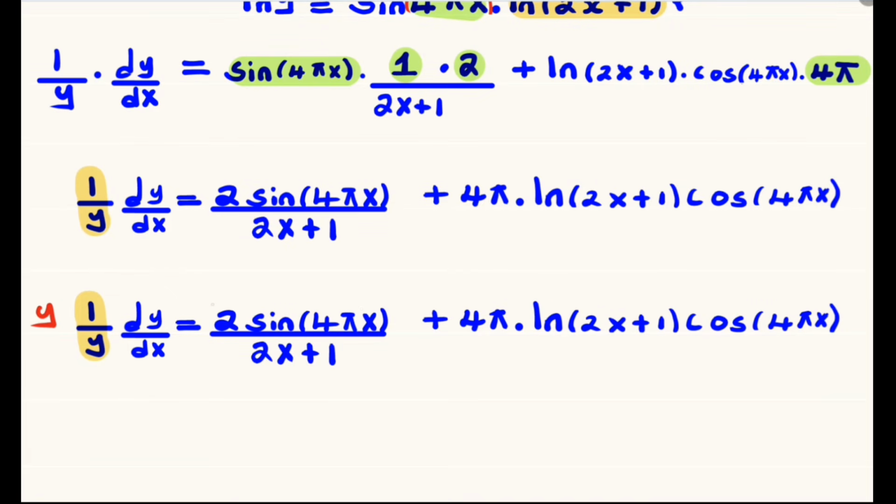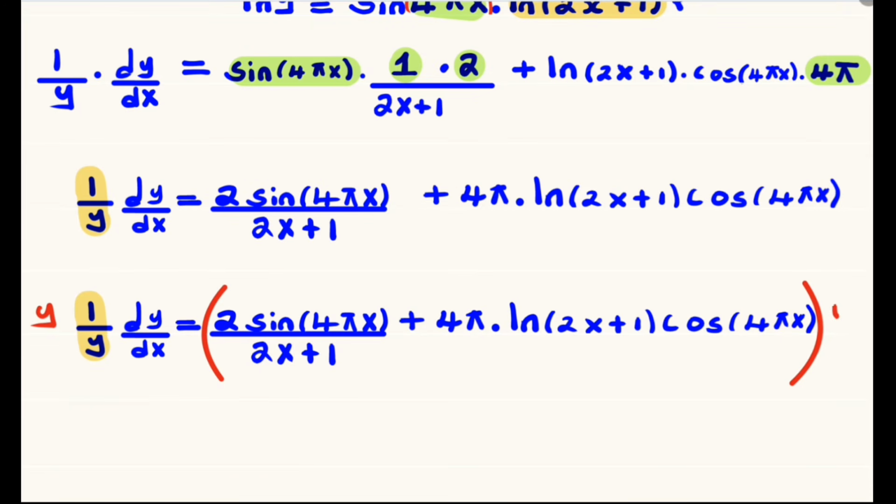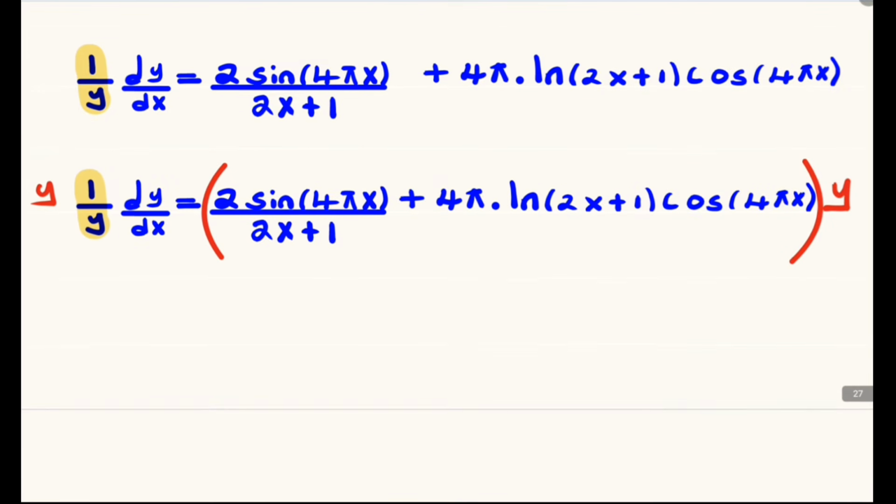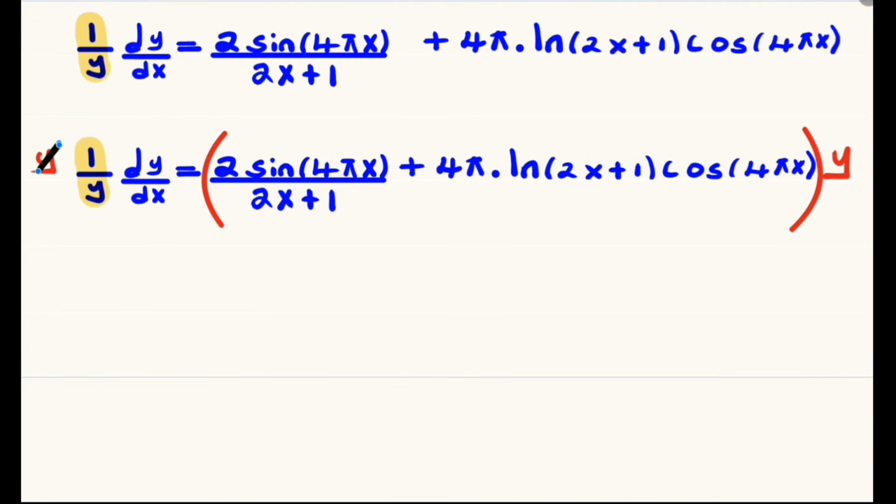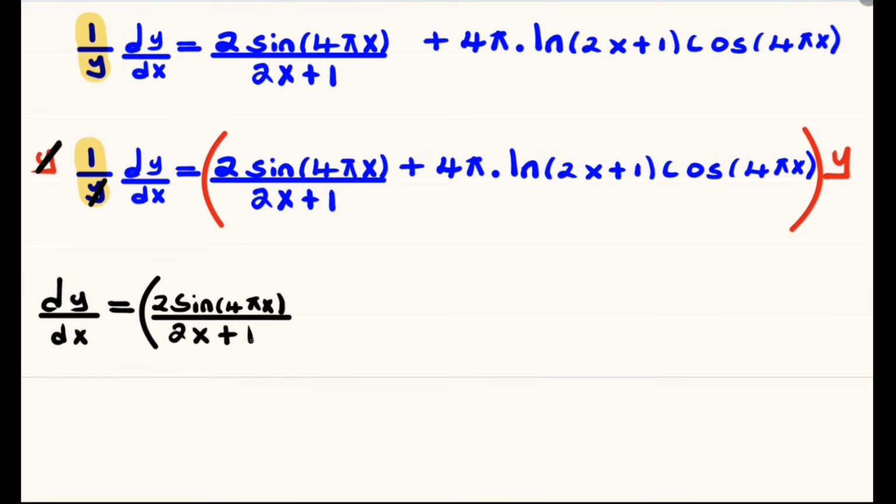We multiply both sides of the equation by y, and that y on the left hand side will cancel out, and our dy over dx will be equal to 2 multiplied by the sine of 4 pi x divided by 2x plus 1